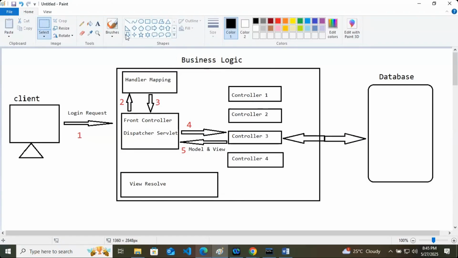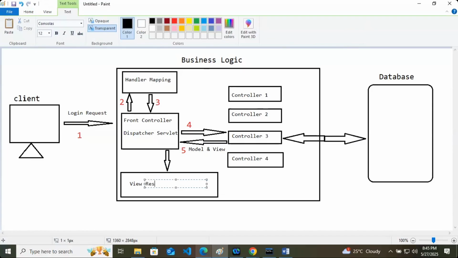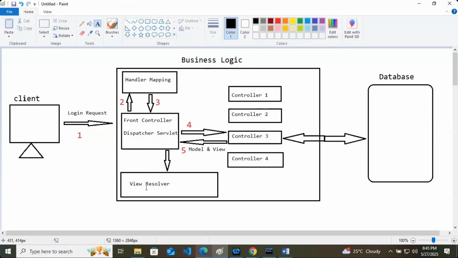Then the front controller will send the data, meaning model and view, to this view resolver, and the view resolver will combine them. This view resolver will mix the data with the front end and return it back to the dispatcher servlet. So this became your sixth step.